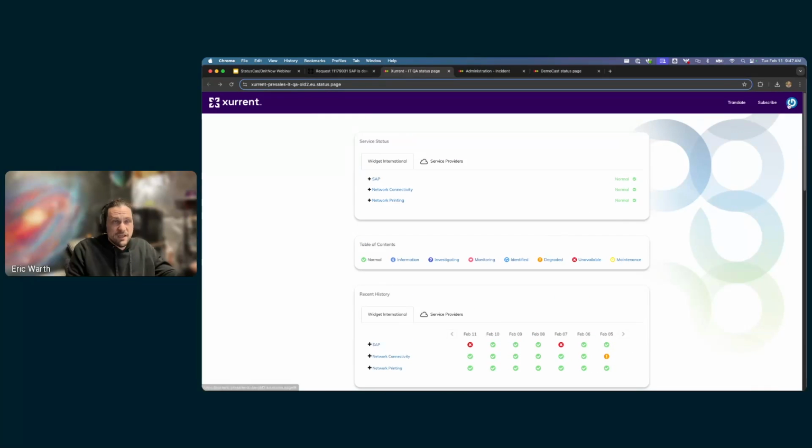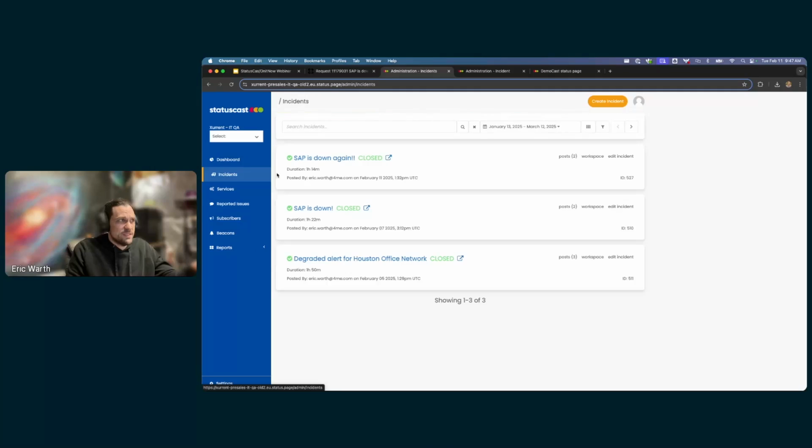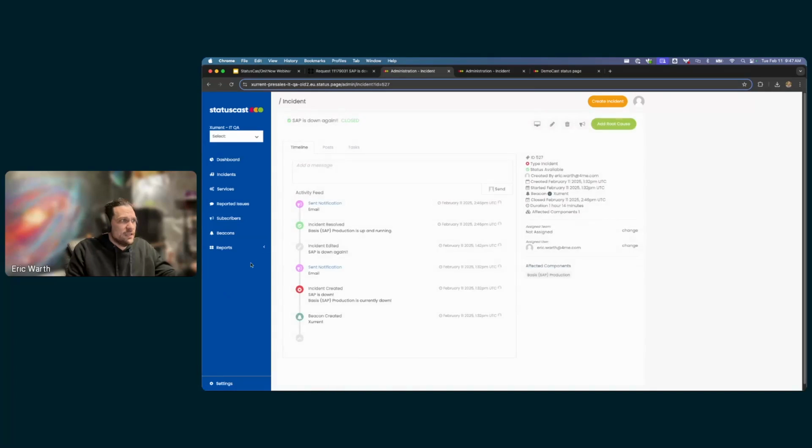I, as an admin, could come in here. Let's real quick go into the incident. We'll go into the incident view as an admin. We're going to see here, again, in these stages, notifications were set out. I didn't have to do anything else as a specialist in Zurnt. I just had to handle the ticket once the DevOps team got it resolved. We closed it out. StatusCast knew, and now StatusCast has gone and alerted everybody, hey, this is back up and